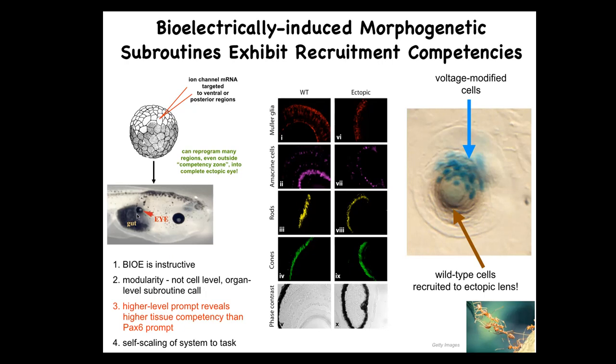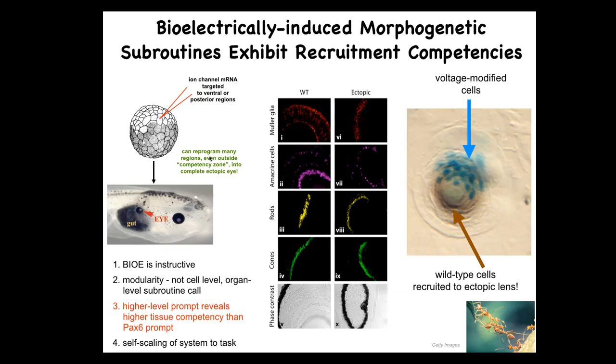Not the master eye gene PAX6. That doesn't work anywhere outside of this area, by the way, but the bioelectric state does. So you can induce these eyes, and these eyes can have all the right lens and retina and optic nerve and all the stuff they're supposed to have. And so notice a couple additional things here. One is that this signaling that we did is extremely simple. We didn't give all the information needed to make an eye. We don't know how to make an eye, and we certainly don't know how to specify all the stem cell positions and all of that.